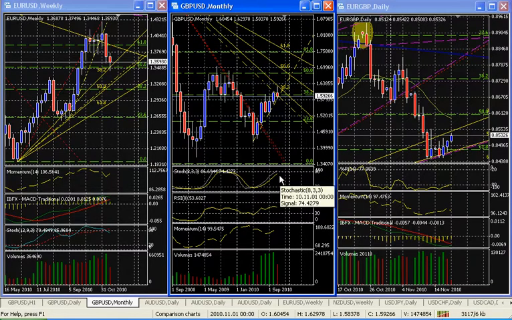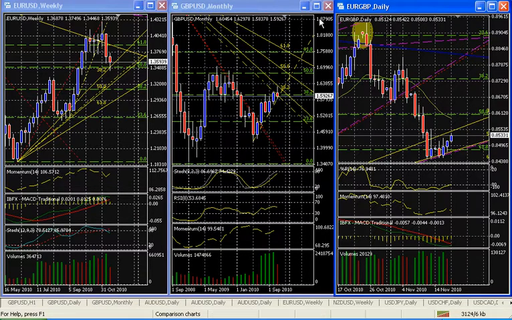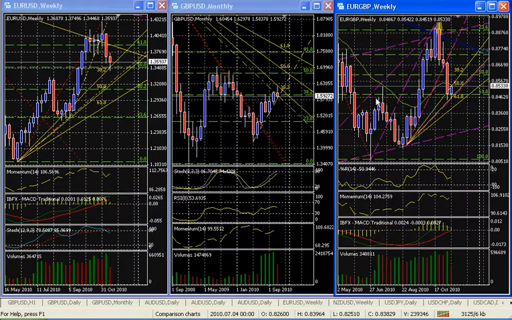Looking at it on the stochastic, it is still up, although a slight momentum, but there is no actual divergence at this point in time comparing it with the euro. With that said, applying the same application for the cross rate on a weekly basis, you would see that it is resting